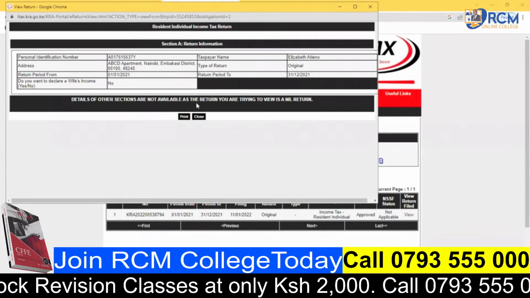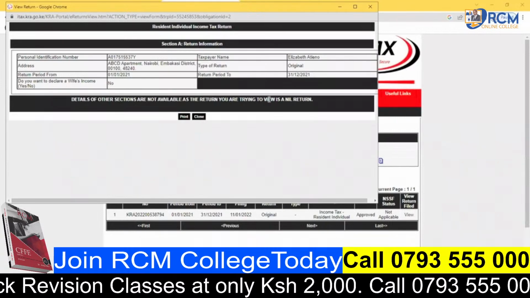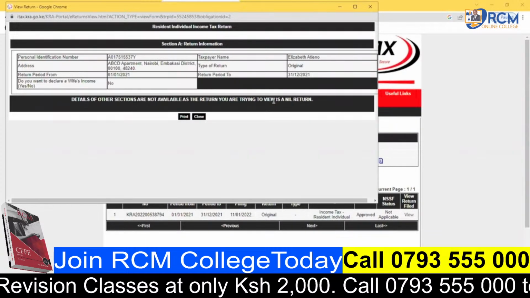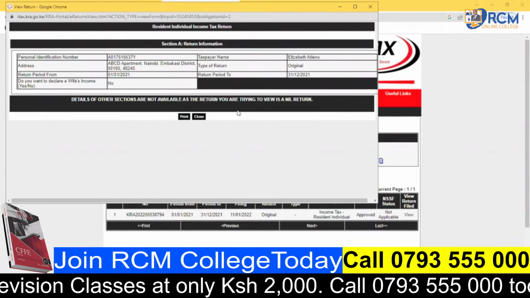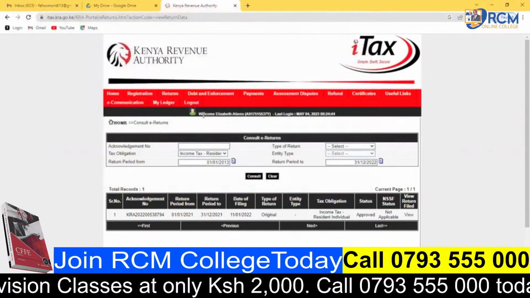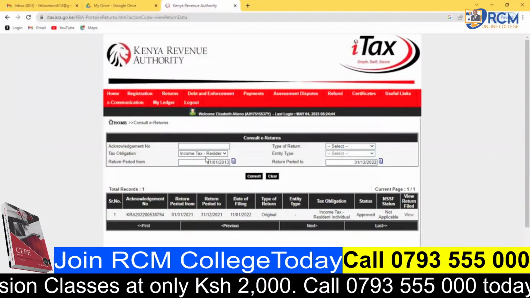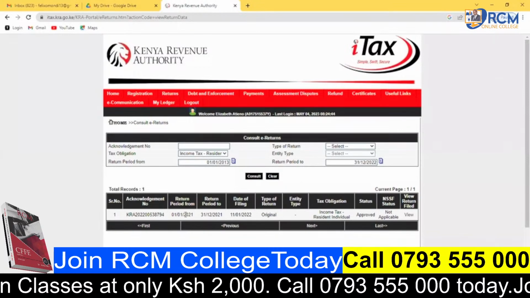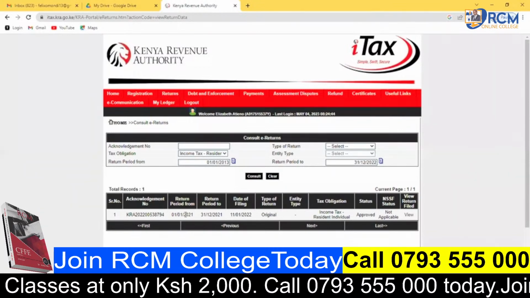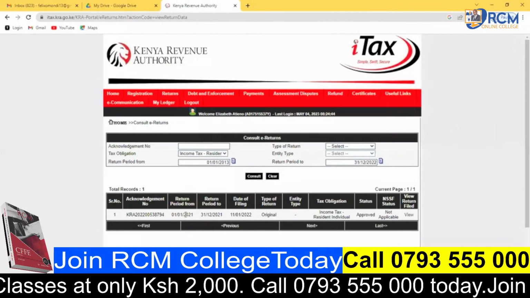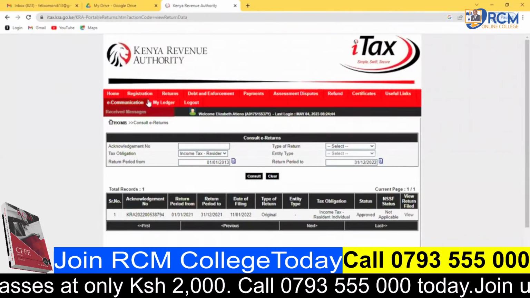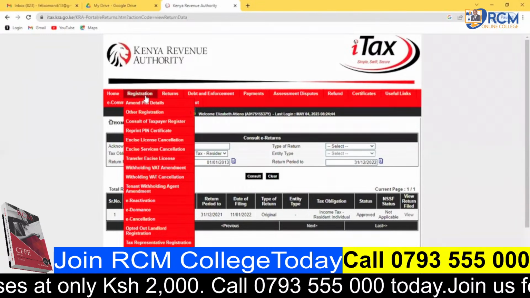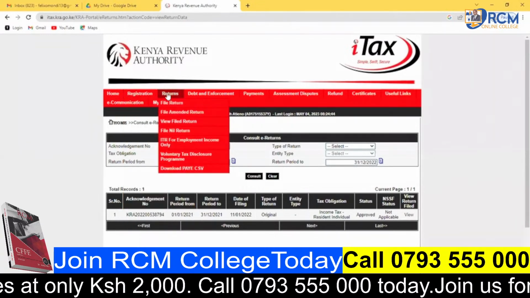Details of the sections are not available as the return you are trying to view is a nil return, meaning the person did not earn any income in the year 2021. So that's why the person filed a nil return. If you want to know why the person started filing from the year 2021 and not the year 2020, kurudi nyuma, you simply come here to this button of registration, which I'll still handle later on. And when you come to the button of registration,